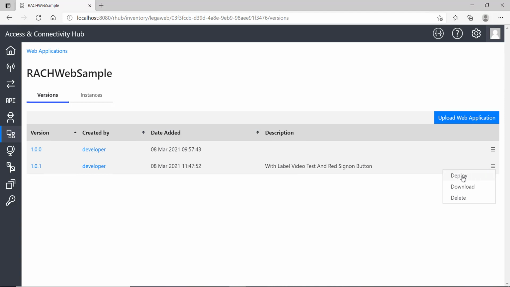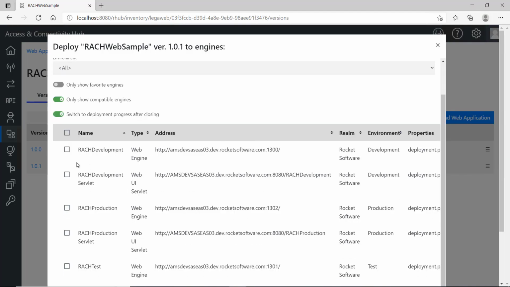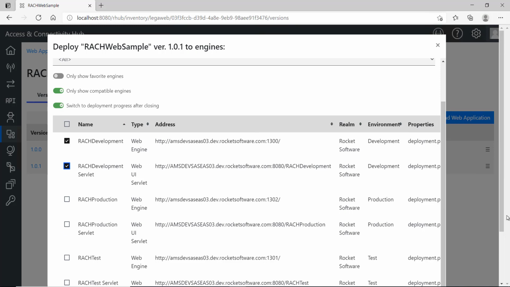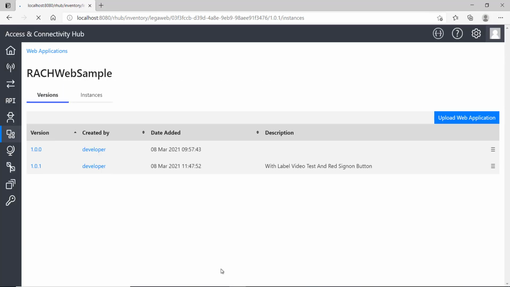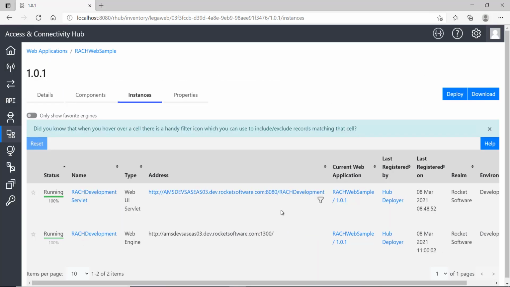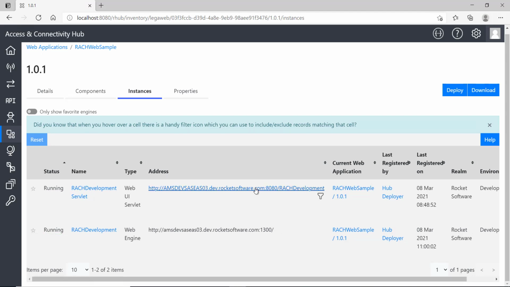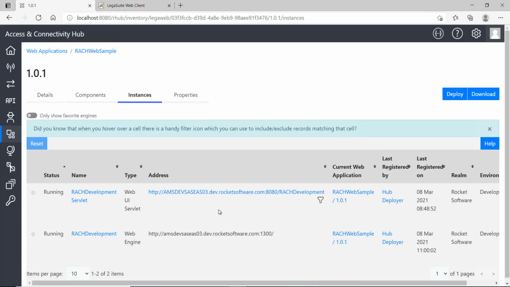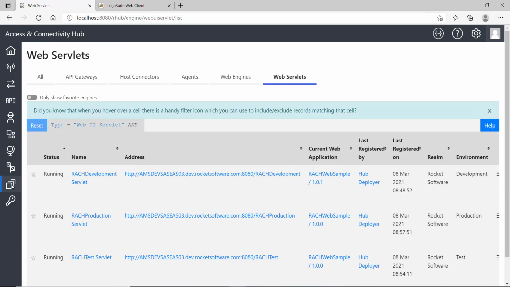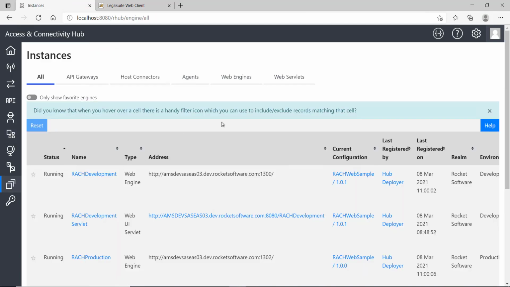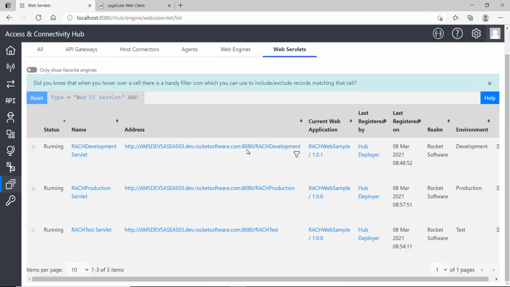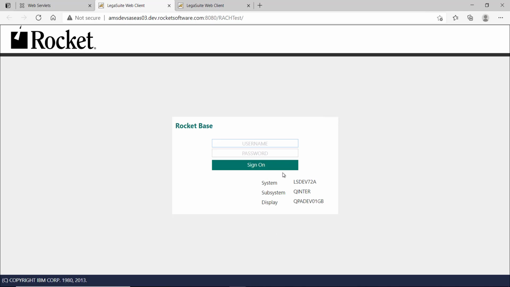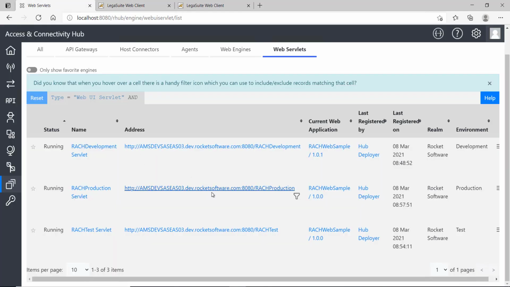Now I'm just going to deploy this just to the development environment this time. Okay, and we're going to leave test and production as it is. So let's just launch again. And as you can see, video test, sign on, and then if we switch to the production one. So what I've done, I've just gone down to instances here and then go to web servlets, and I can just get the web servlets. So you can see test and production. Let's go to test. There we go. So test is still green. And if we go to production,